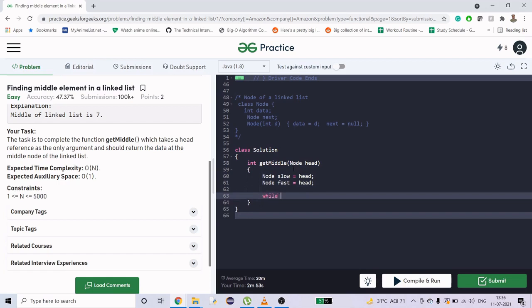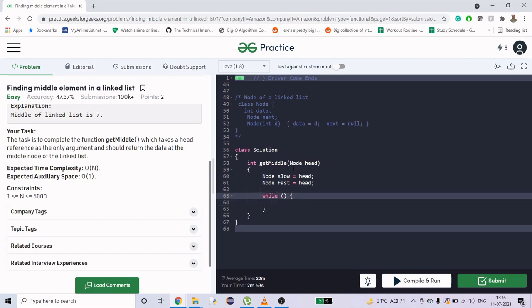Now I'm going to iterate till fast dot next reaches null. So first I will check fast not equals to null, and then fast dot next not equals to null.